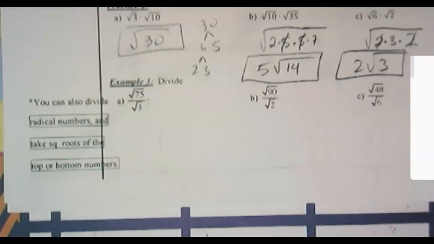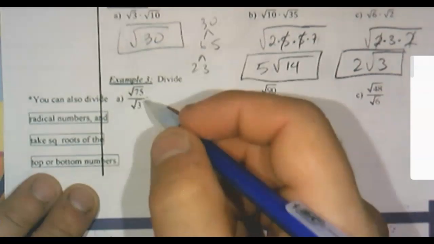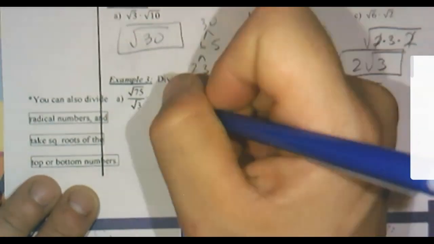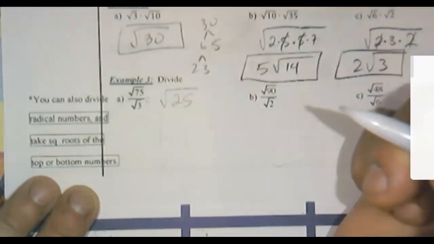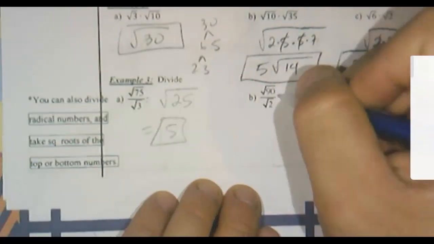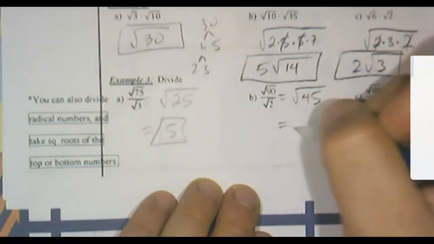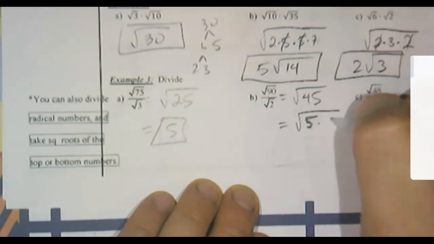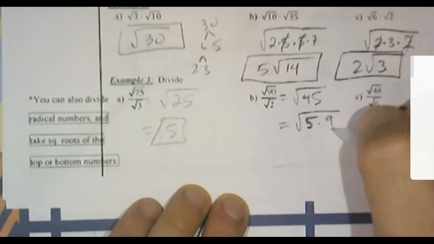So when you're dividing radicals, if it's divisible, you could just divide. Like here, 75 is divisible by 3. 75 divided by 3 is 25. It does stay radical, but the square root of 25 is 5, so simplify. Here, 90 divided by 2 is 45, so I have the square root of 45, which I'm going to break down to 5 times 9, and then the square root of 9 is 3, so 3 square roots of 5